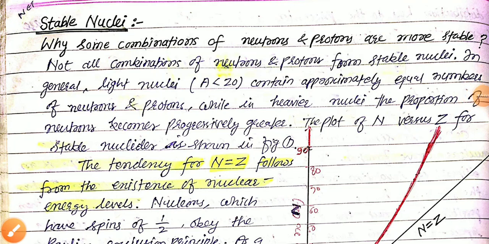Our next topic is stable nuclei. In this topic, we will study the stable configuration of the nucleus, or we can say why some combinations of neutrons and protons are more stable than other combinations. So in this topic, we will see the configuration of the nucleus for different numbers of neutrons and protons. To start this topic, we just